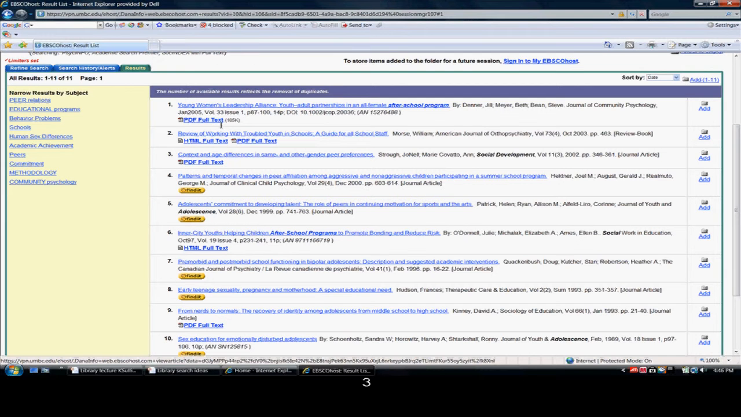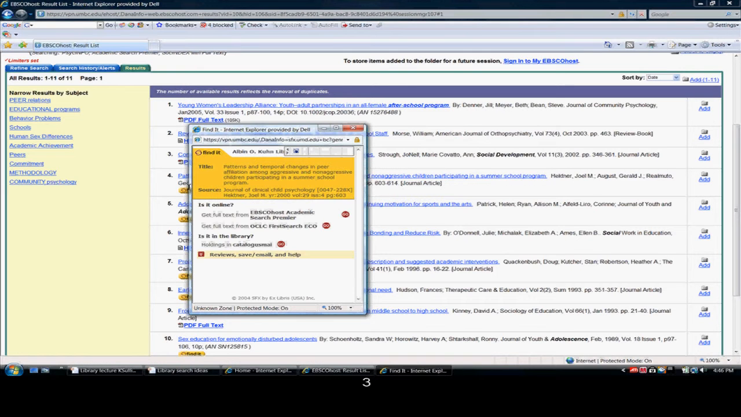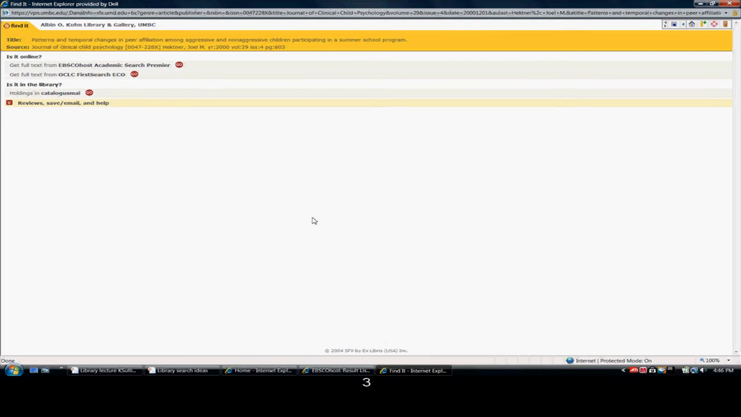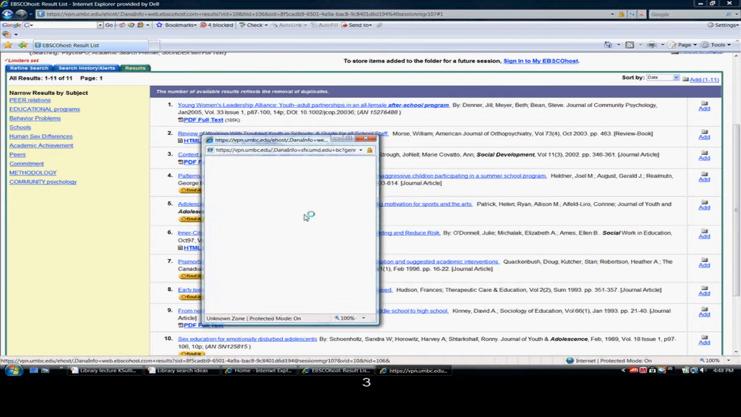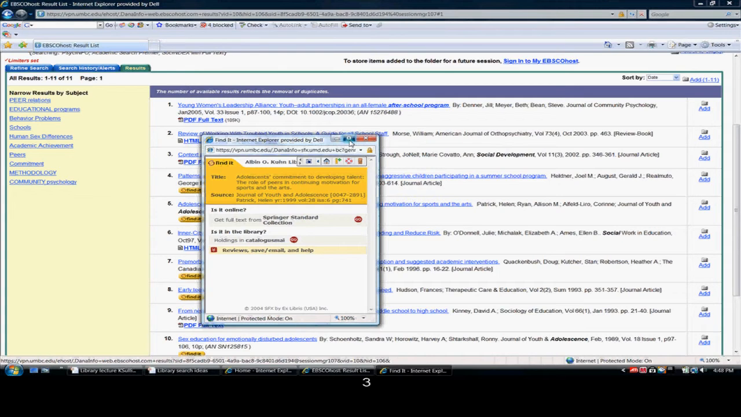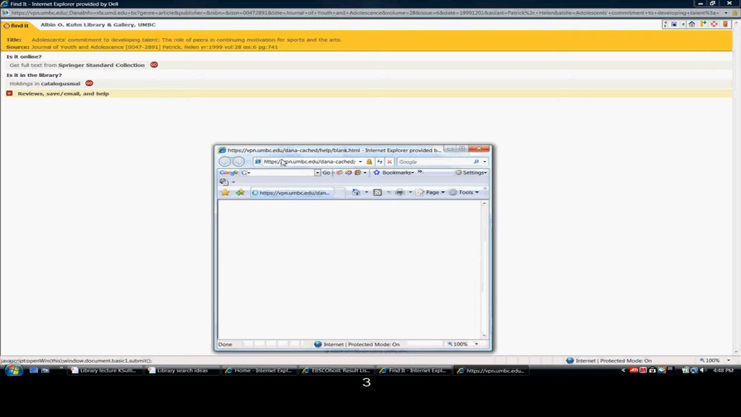Another thing that we can do is click on the find it. I don't want people to get scared off when they see the find it. I tell my students this: just because it says find it doesn't mean you can't get it, and doesn't mean you shouldn't see if it's out there. So by clicking on find it, we can see there are several questions here. Is it online? Is it in the library? This actually indicates that it is online. So by clicking on that,